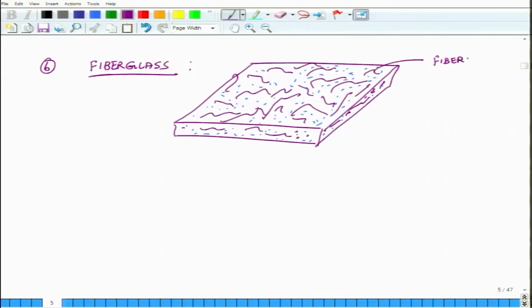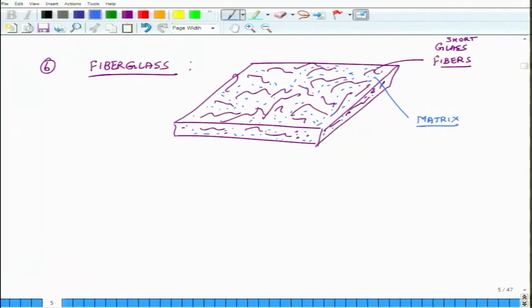and it is called fiberglass because these are fibers made of glass. So, they are glass fibers. And then of course, you have all these small glass fibers. Typically, these glass fibers may be in length anywhere from 2 millimeters to 7, 8, 10 millimeters, not longer than that. So, these are short glass fibers, and they are immersed in a matrix material. So, this is matrix,